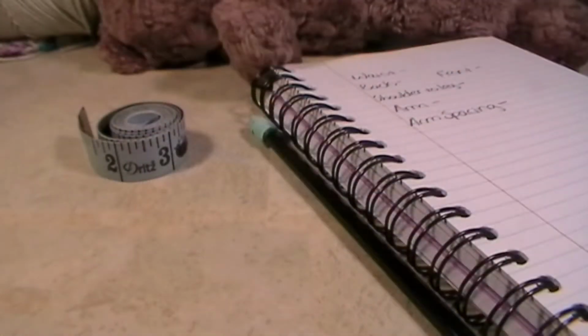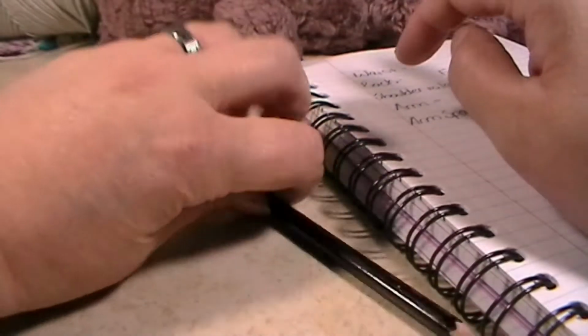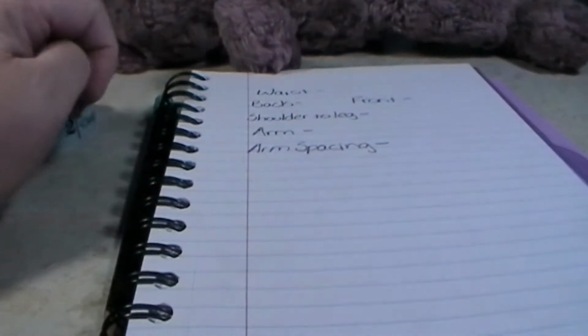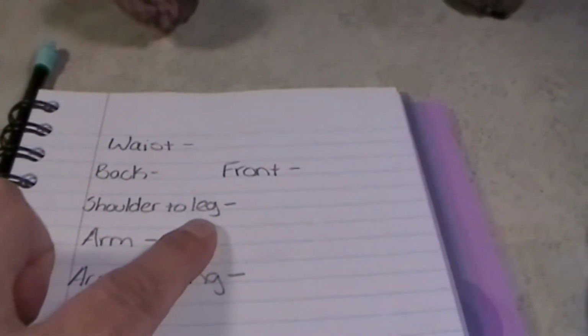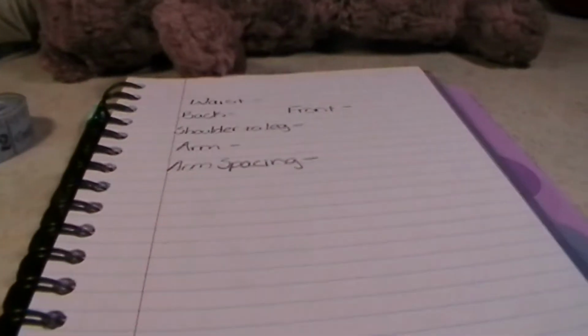Okay, before you start any cardigan, you always want to get a tape measure, a pencil, a pen, and a piece of paper. Now the few things that I have written down here are going to be waist, back and front, shoulder to leg or however long you want it, arm and arm spacing. The arm spacing is where you're going to put your arms into the cardigan,